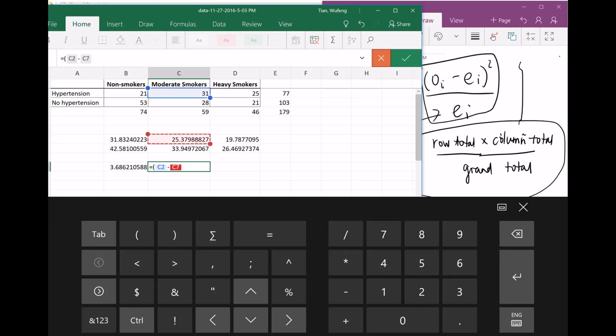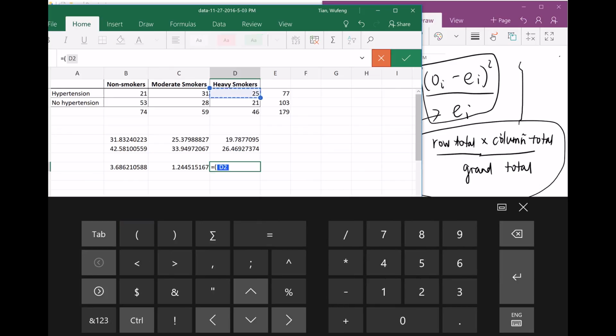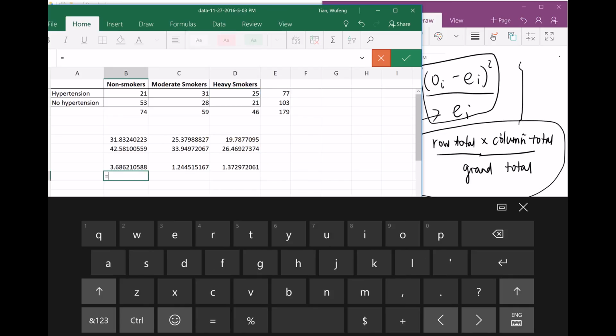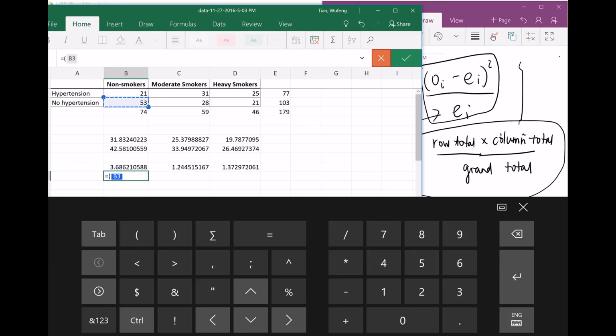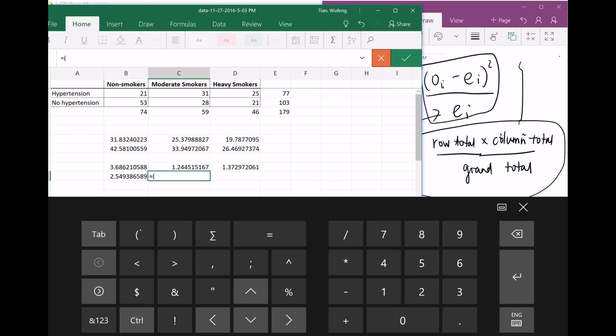31 subtract this one, this squared, divided by the E1, E2 equals parenthesis. 25 subtract the E, parenthesis squared, divided by E equals this one, equals parenthesis 33 minus 2, next one parenthesis squared divided by E equals parenthesis 28 minus this one parenthesis squared divided by E, expected value